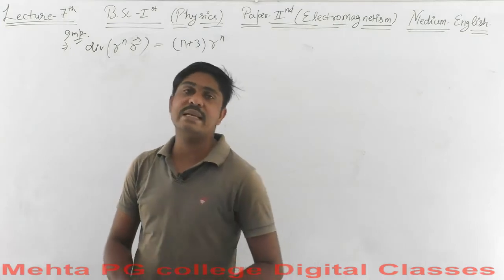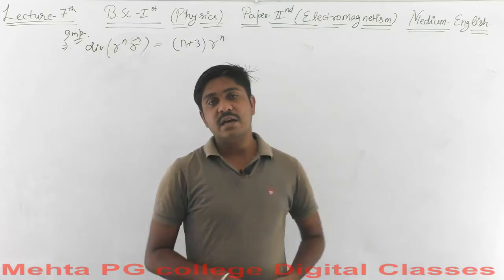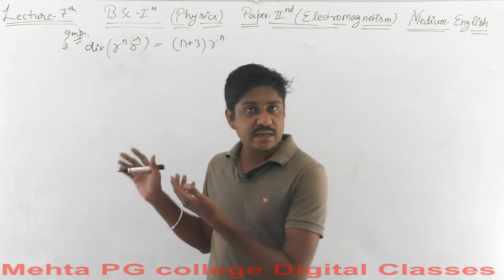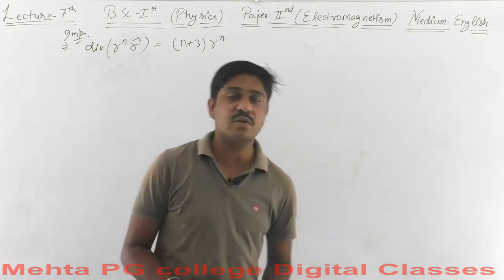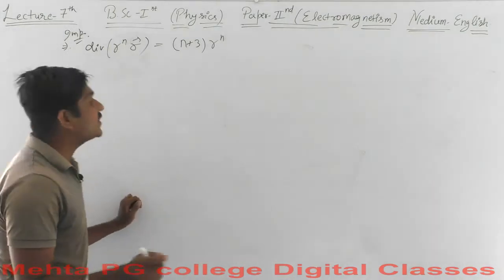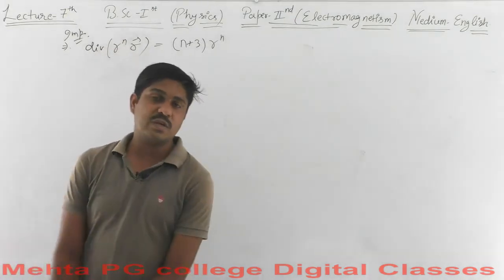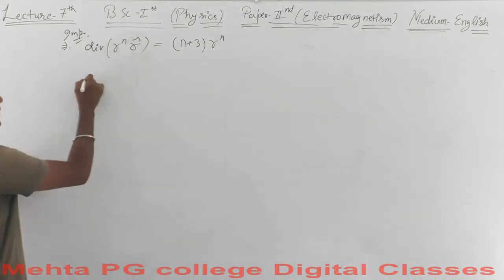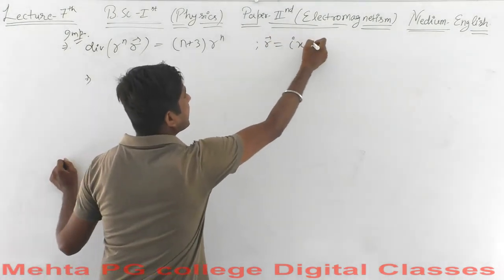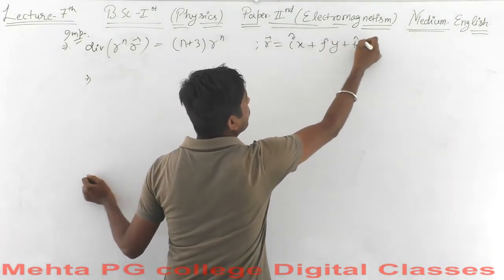This has certainly been asked; this question carries about 2.5 or 3 marks, and if you go through some careful calculations, then you can pass it easily. This will not have much complications for you. So let's proceed step by step. First of all, we are supposed to calculate the value of r raised to power n. Every time, if you remember here, vector r is equal to i cap x plus j cap y plus k cap z.